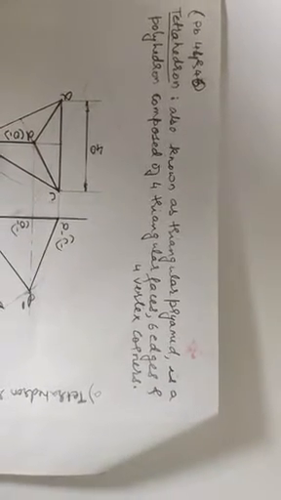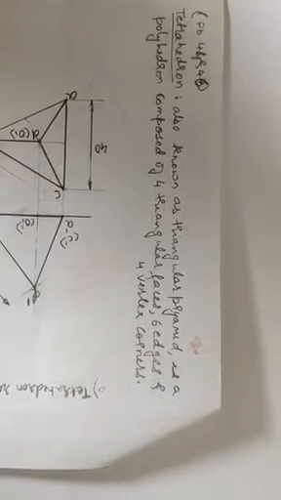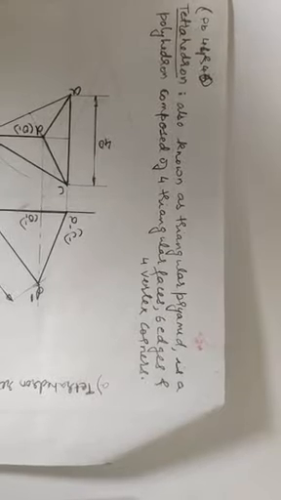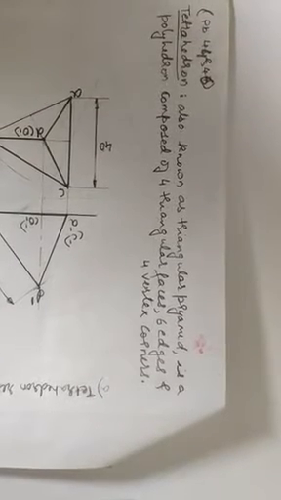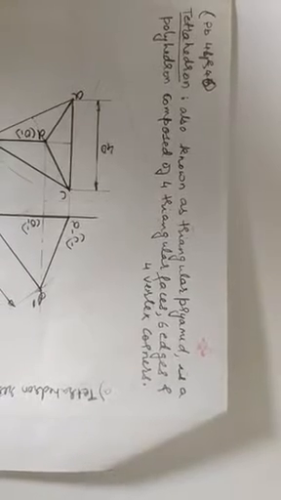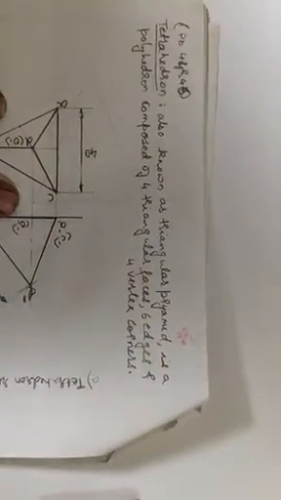Hello friends, I hope you have been going through projection of solids problems. So today we will be solving a problem on tetrahedron. Tetrahedron problems are problem number 44 and problem number 46 in your solved example books. This is one such projection where students make mistakes because the basic concepts are not clear.